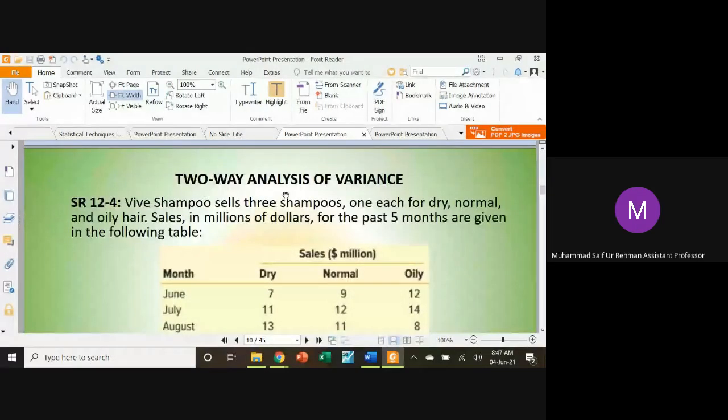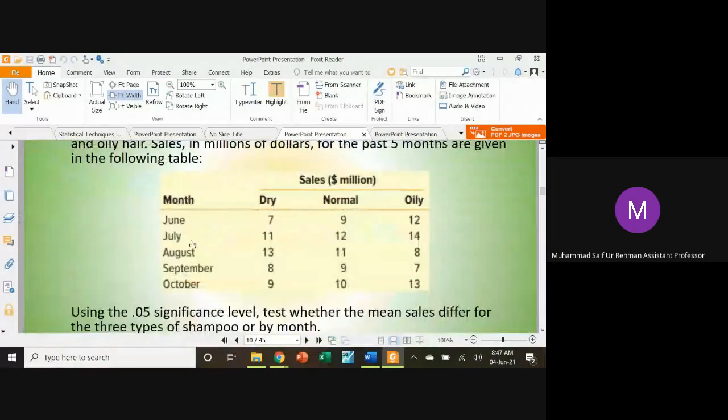Then we considered two-way analysis of variance, and simply we introduced blocking variables there. So these were the treatments, and we introduced blocking variables there. By introducing this blocking variable, there is another effect that we want to consider at the same time. Let's say in this case, the type of the shampoo was dry, and this was the $7